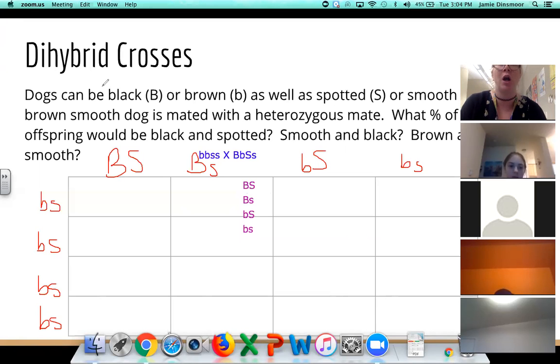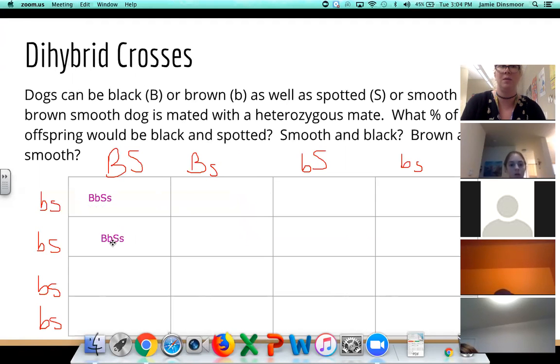Good advice for the future. Okay, so then now what would I do? I would just fill in all the boxes, which I'm going to do with typing because that'll be easier. So I'll have a big B, little b here, and a big S, little s here. This box, I'll have a big B, little b, big S, little s. Guess what? I'm going to have the same